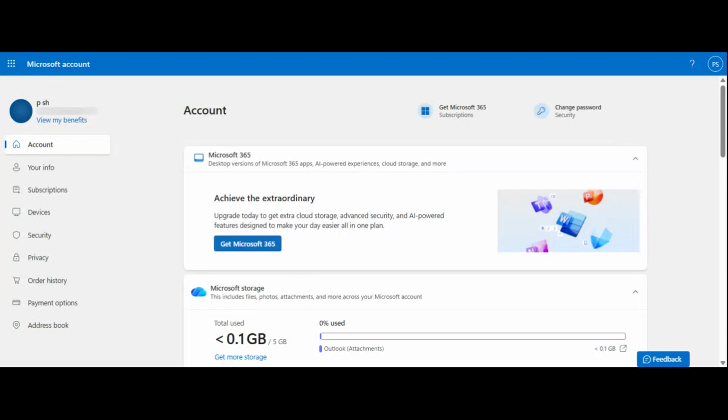If you want to change your MSN account password, you're in the right place. In this quick tutorial, I'll walk you through the exact steps to update your password safely and make sure you know where to go if you ever need to change it again. This is useful if you forgot your password, want to improve your account security, or just want to keep your